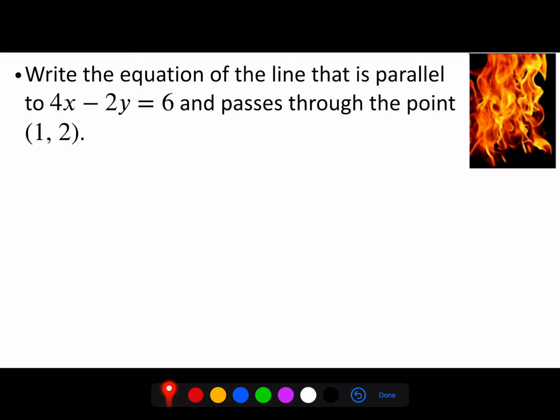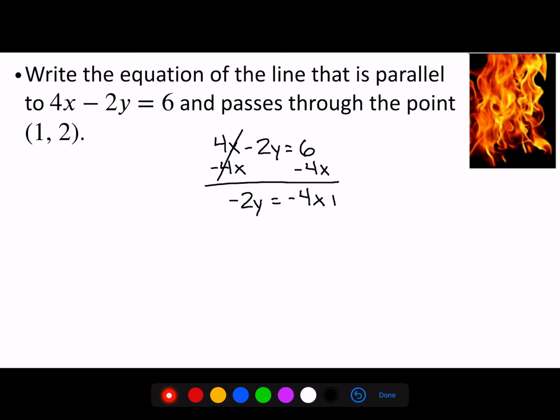So the first thing I need to do is go ahead and find the slope of this equation, because I know that if the lines are parallel, they should have the same slope. So we have 4x minus 2y equals 6. We're going to start by subtracting 4x from both sides, which will leave us with negative 2y equals negative